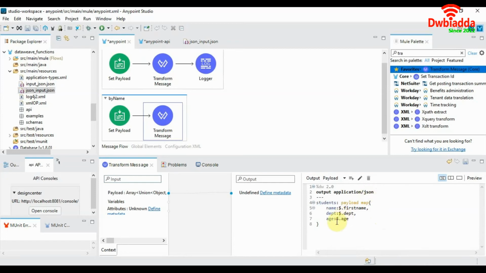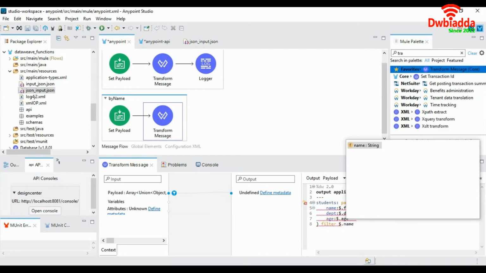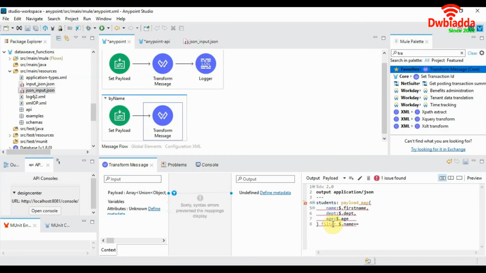We'll add a filter component here, and we'll filter based on the name of our student object. So name should match the attribute, which is a URI parameter called name. So that is how we filter our payload depending on the URI parameters.